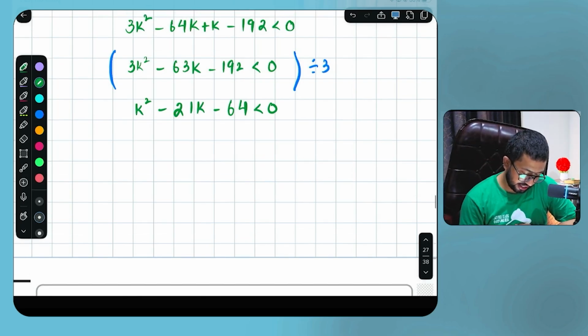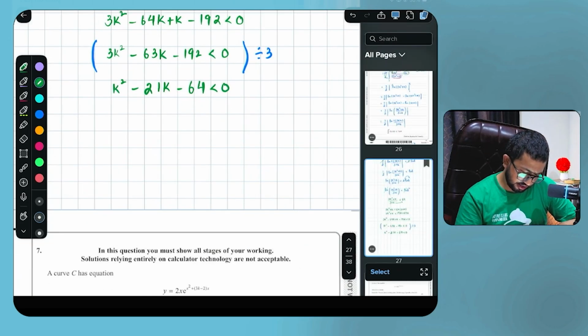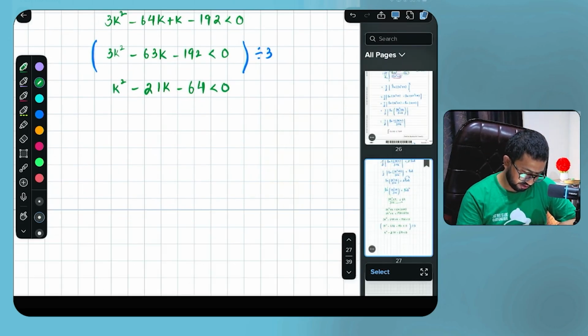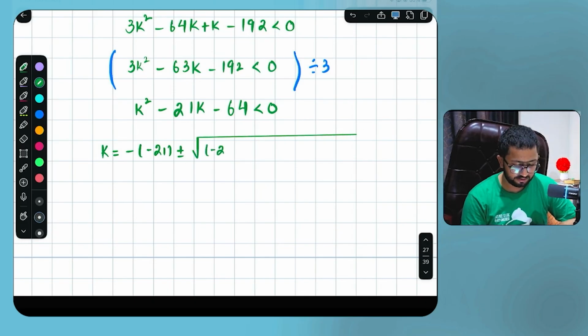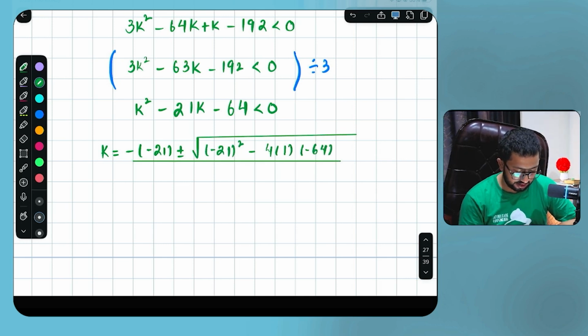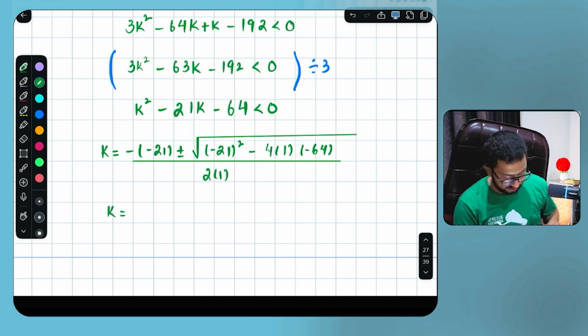Perfect. So can it be factorized or not? I think it's difficult to factorize if I'm not wrong. So you can apply the quadratic formula, minus b plus minus square root of b square minus 4ac, divided by 2a. So the values of k will be